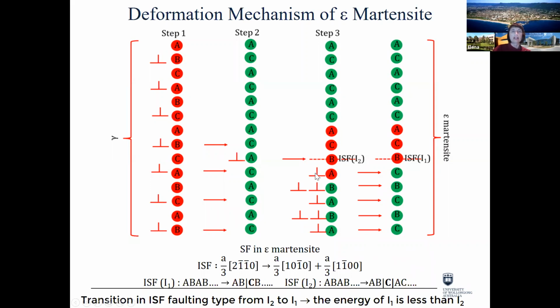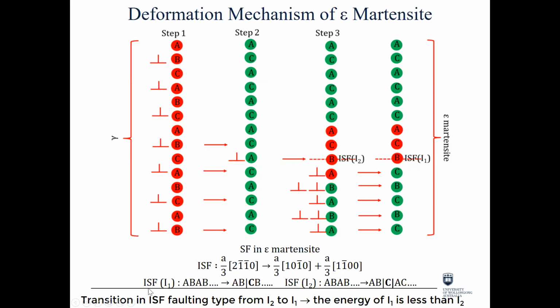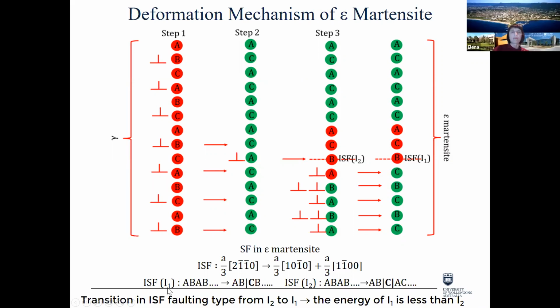Then when deformation continues and the next dislocation could glide, we could change the stacking again to AC, B, C, and this is ACF1, where we removed an extra stacking plane, so the free energy is reduced, or stacking fault energy is reduced, and this is why we're observing a change from one type of intrinsic stacking fault to another.